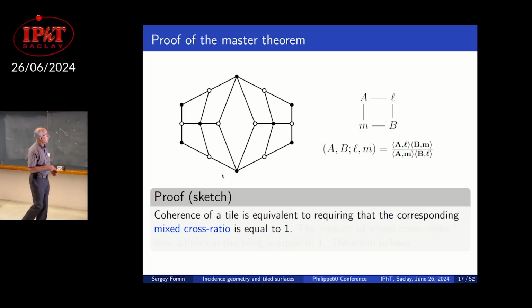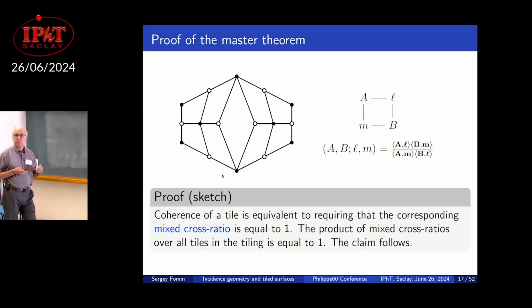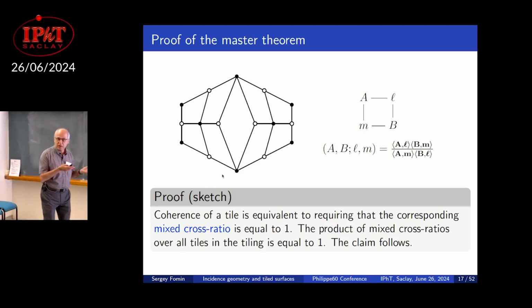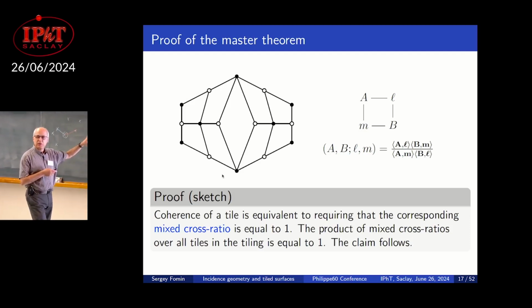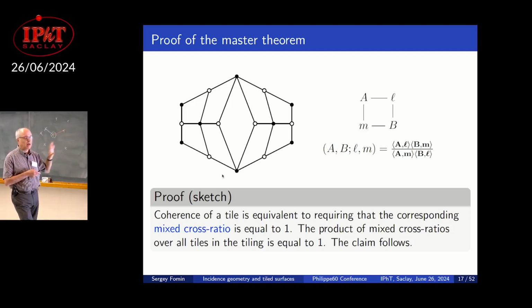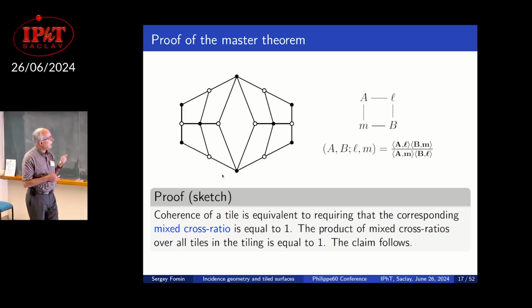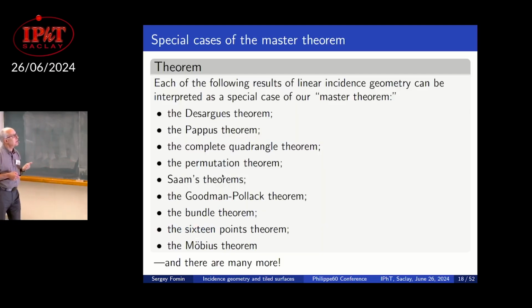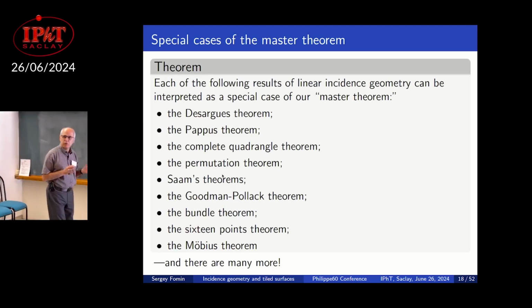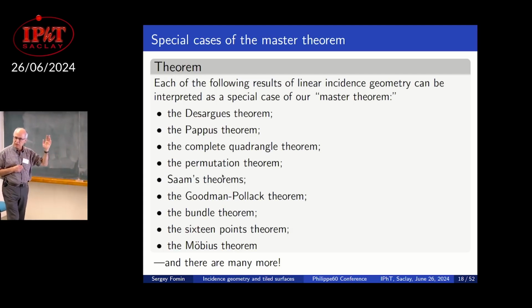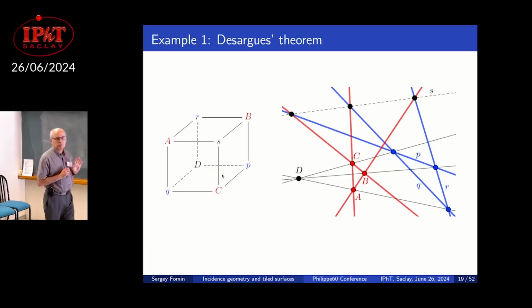Okay, so that's nice. Now, seems easy. Why wasn't it done before? Well, the hard part is not actually proving this. Of course, the hard part is discovering it. But even after you discovered it, the hard part is actually realizing that classical theorems of incidence geometry actually are special cases of it. Anything we were able to find, and this is a list of some results, is actually a special case. Let me show you in a couple of examples.